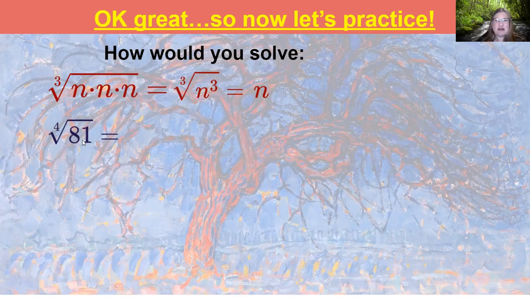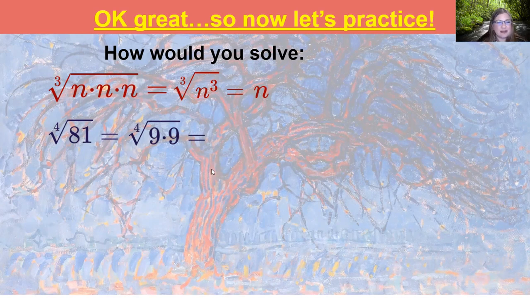A lot of times you don't know what to break it into off first hand. So you might think to yourself, well, let me just break it down into multiplication pieces so that I know what the multiplied parts are. So 81, a lot of people know is 9 times 9, and that's fine. You can start there. 9 times 9, but it's a 4th root, so we need 4 things that are all